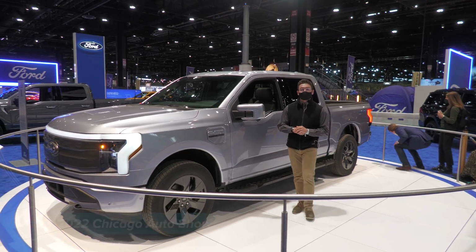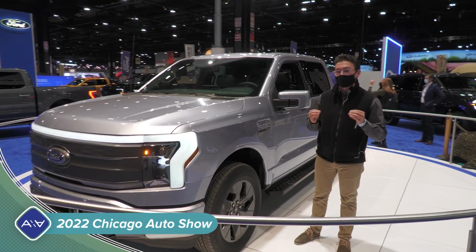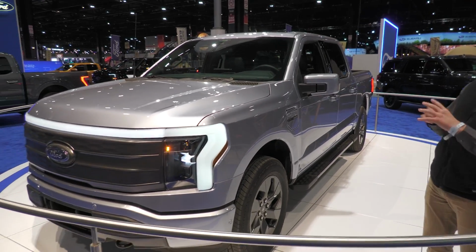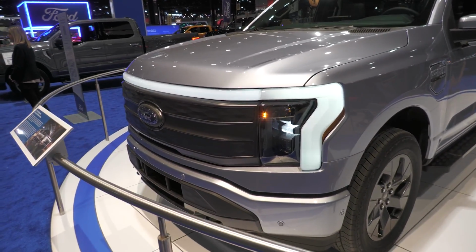We are at the Chicago Auto Show checking out the Ford F-150 Lightning. This is the all-electric F-150 we've been waiting a long time for, and this is my first look at it in person. And as you can see, they didn't really make too many changes. They wanted to make sure truck buyers recognize this as an F-150 first, but of course up front we've got